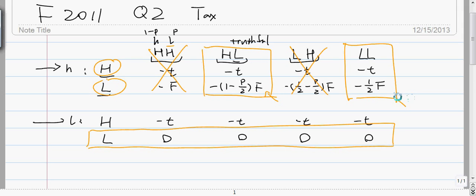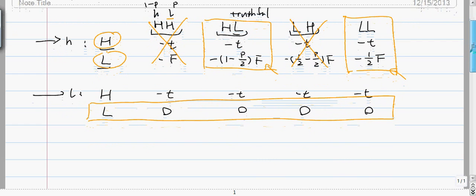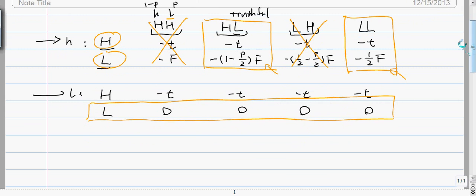So we should consider each case one by one then. Suppose the other guy chooses H, which is, we basically cover up the other column. I only look at this column. Suppose the other high type guy reports truthfully, then what will happen is, given the condition in the question, so I am doing the last part